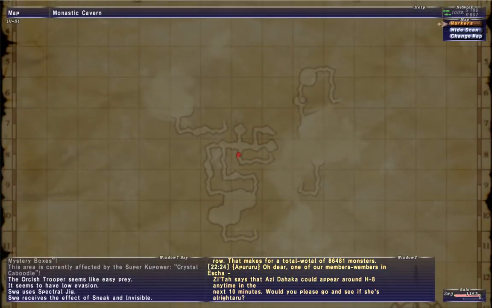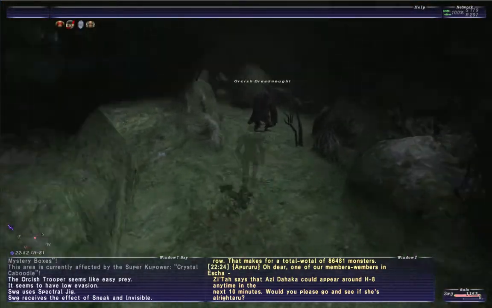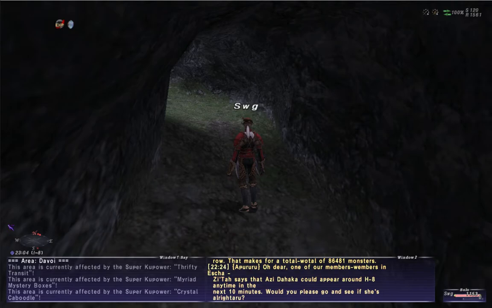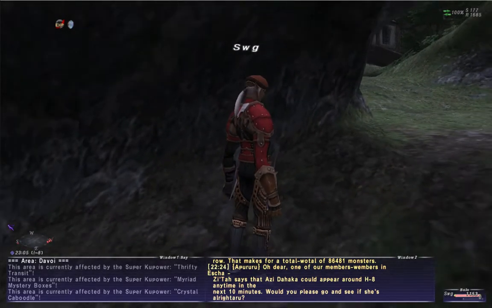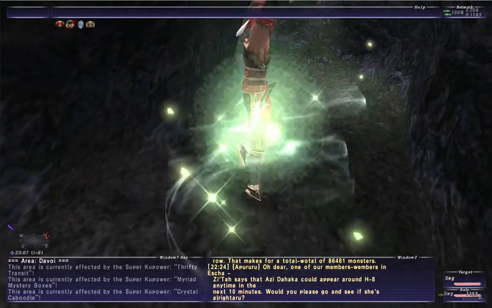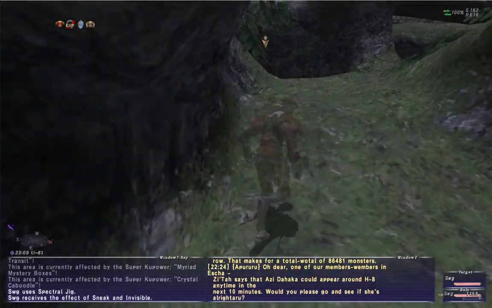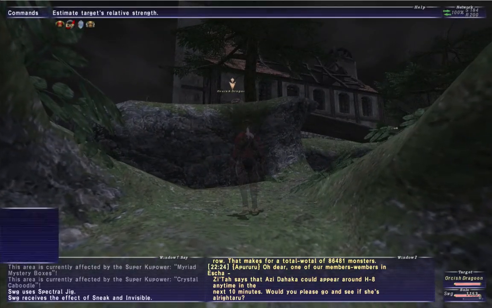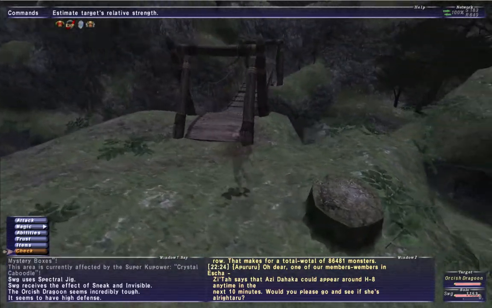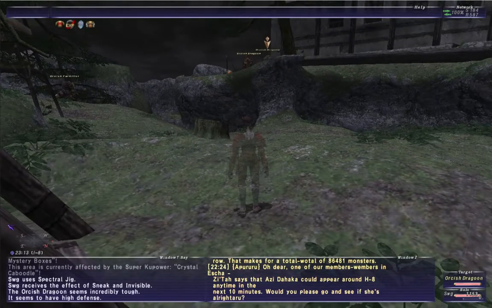So just follow your map, make your way to this tunnel up here at H8, and it will take you all the way out to the outside. Alright, and as soon as you zone out, I recommend putting up Sneak and Invisible, because at the top of this hill there are some pretty high level mobs, I think in the lower to